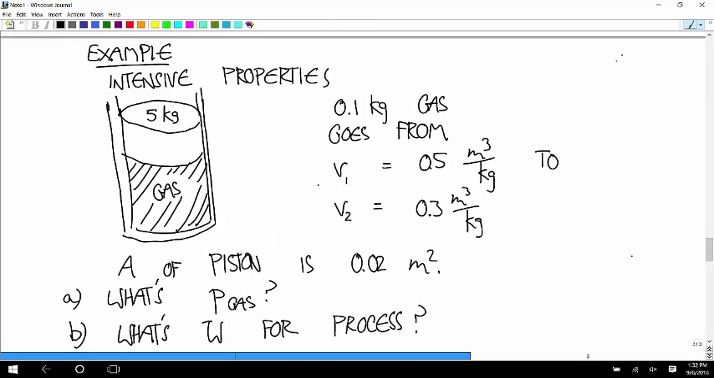So the idea is that both of these two volumes are at equilibrium. We do something to the gas to make this happen during the process. The specific volumes go down. Since the mass stays the same, that means that the true volumes go down, right? And so if the volumes go down,